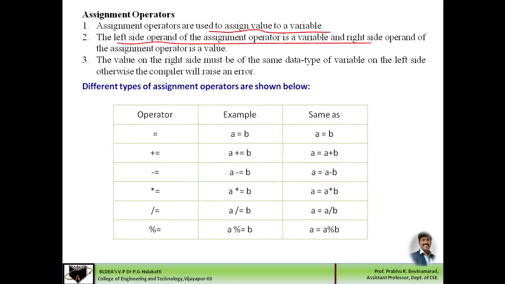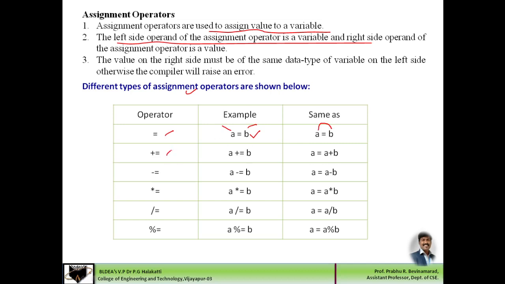There are different types of assignment operators. So we can write in different ways. Let us discuss one by one. The first one is the simple assignment operator. Here the value which is present in B is assigned to A. If we write A equal to B, then the operation is performed in this way, that is, the content of B is transferred to A.